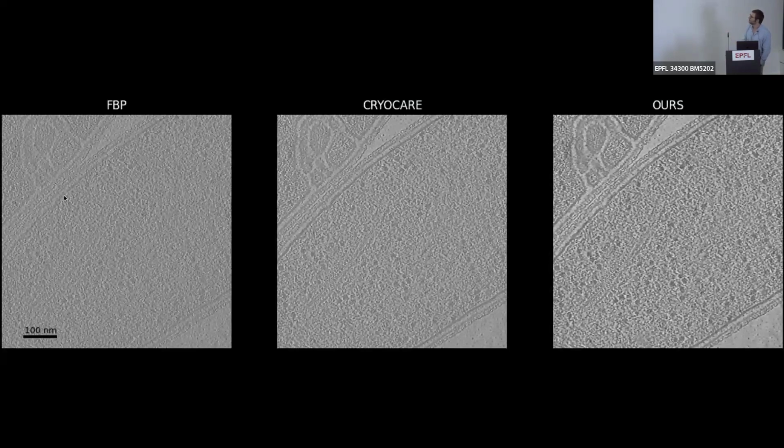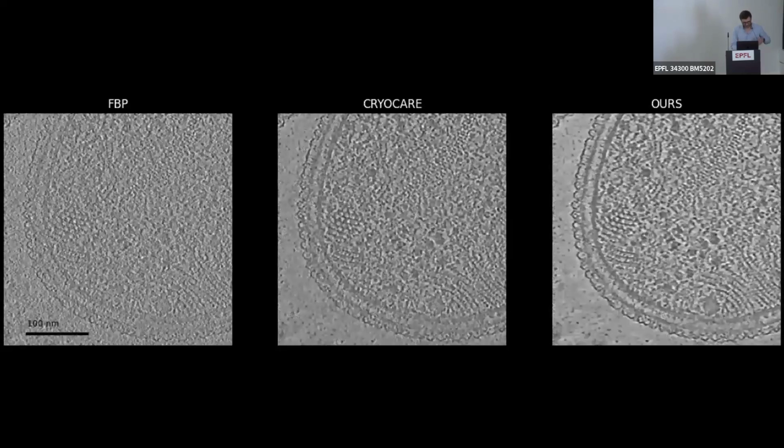So this is what you get if you apply a standard reconstruction algorithm, filtered back projection. This is what you get if you do something that's close to state of the art. It's what people in the industry use. And this is what we get. So the differences are maybe hard or impossible to spot on the beamer, but all these double membranes are much clearer. All the particles are clearer, ultrastructure, and so on, right? So we're really getting images that are about as good as state of the art. Here are some other examples, right, where I can zoom in. It's hard to appreciate these images unless you work in the field.